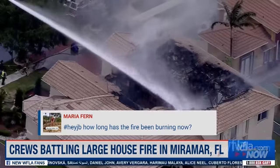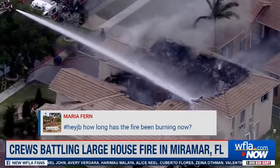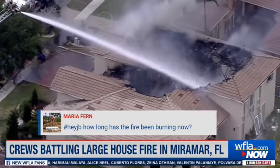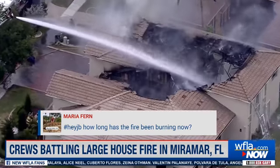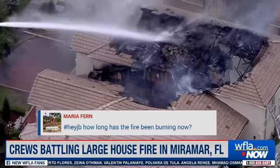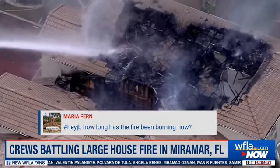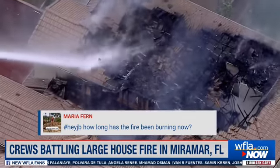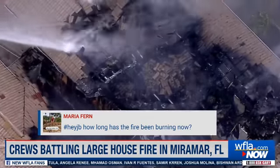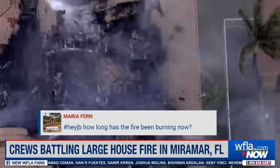How long has the fire been burning now? This was put on our radar, I want to say, let me get you the exact timestamp, 12:50 p.m., but we don't know how long crews had been there previous to the chopper for our sister station, NBC6 South Florida. We're not entirely sure, but by the time the chopper got there, they were already working with this amount of response here at the scene. So this has been a scene for some time. Can't say for how long until we have official word from crews, but